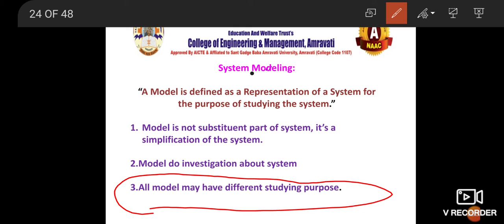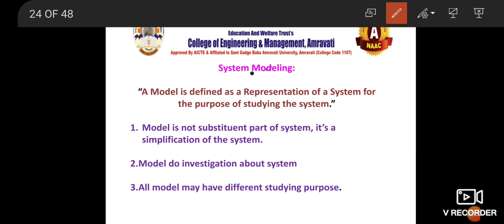What we do in a drill, we regularly perform the same drill every day for flag hoisting and march past. Why do we do it? Because we want to practice it. So that is the thing. We are taking those drill kind of things as an example. So there can be so many purposes.